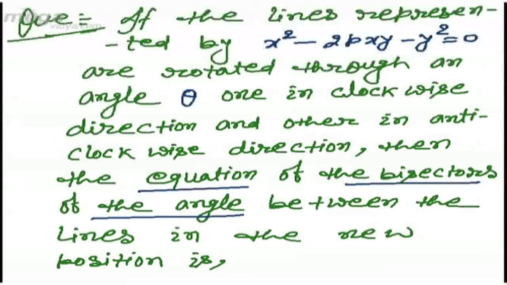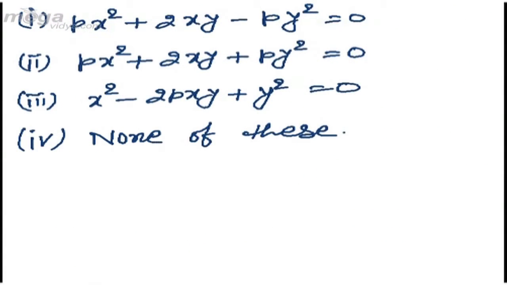So the bisectors of the angle between those two lines in the new position should be perpendicular to each other. So here also student will see in the options which pair of straight lines will represent a perpendicular pair of straight lines, so that will be our